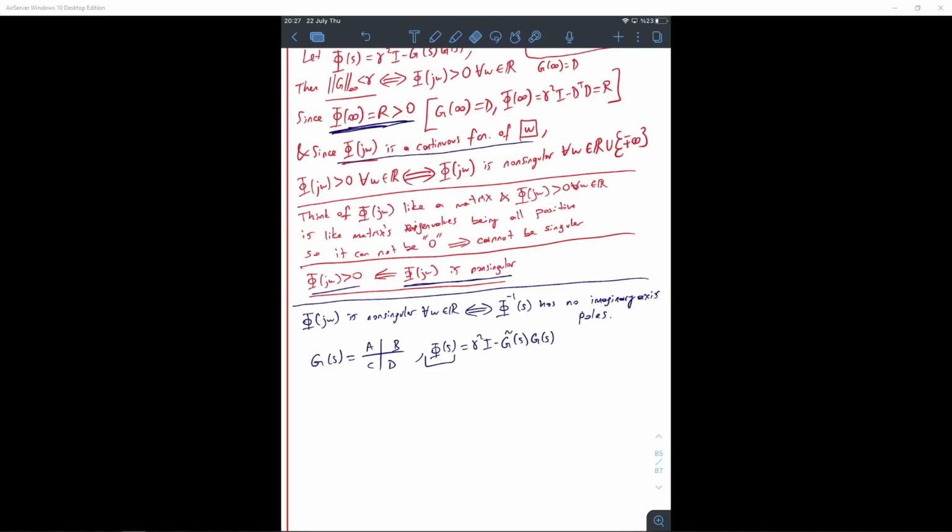Okay, so since phi of s is a transfer function, phi inverse of s is also a transfer function, right? And this is also going to have its own A, B, C, and D, right? State space representation, because it's a transfer function, right? And since phi of s has no imaginary axis poles,